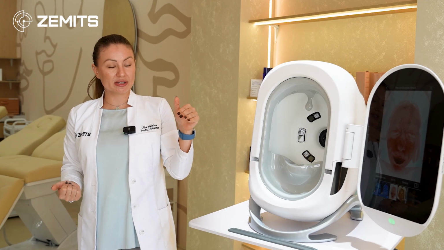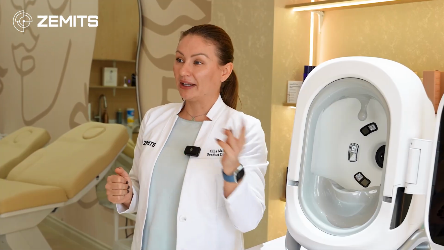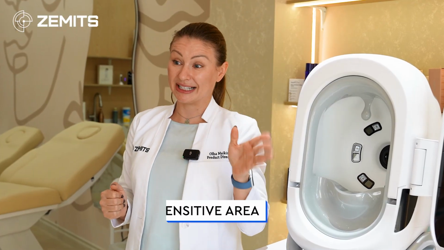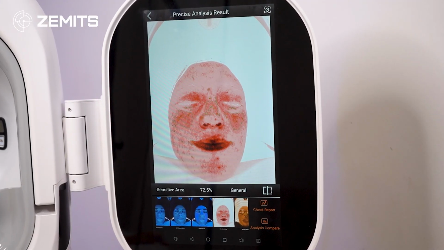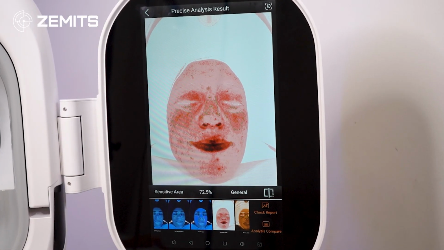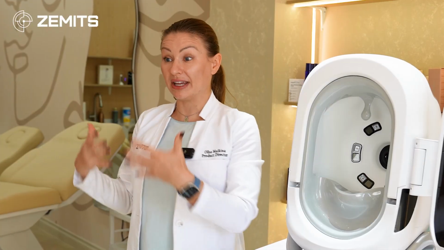This is the deepest penetration, so the deepest analysis of the skin. The final three would be my favorite. So sensitive shows you capillary structure. People with rosacea, or a predisposition to rosacea, or overall more sensitive or reactive skin will show you beautiful rosy pictures